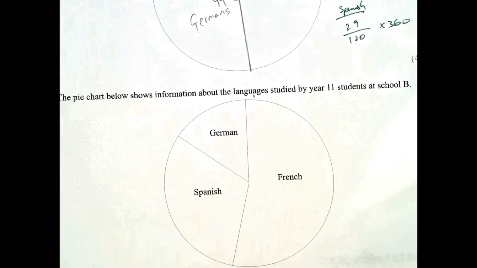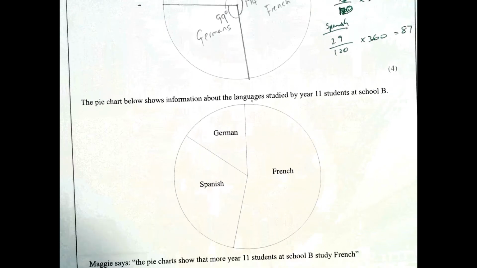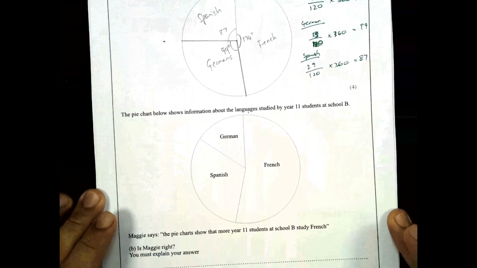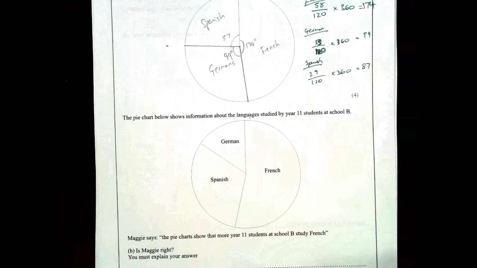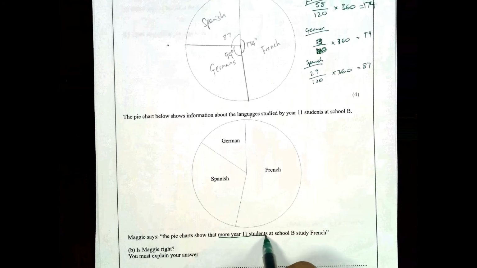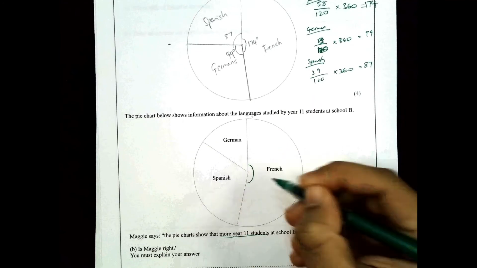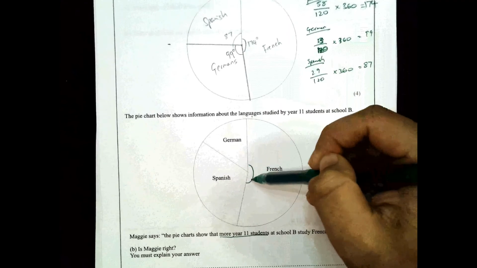While on the point, we'll quickly do part B as well of question 3. Just going to zoom back out again. So part B says, Maggie says the pie charts show more Year 11 students at school B, that's this school, study French. Is she right? Now, the key part here is this: more Year 11 students. Because I know a lot of you are going to look at this and say, yeah, it's obvious, look, the angle's much bigger. This one is 174, and this one is more than that